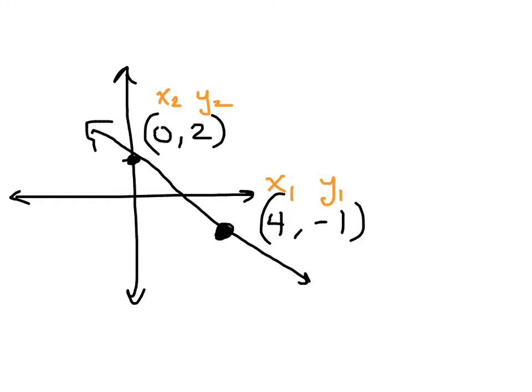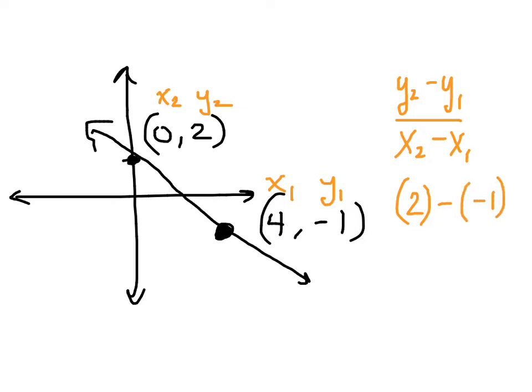So according to my formula, it was saying y2 minus y1 over x2 minus x1. y2, according to Miss Alyssa, she put a 2 in for y2. Minus y1, which is negative 1. Over, what's the second x then? Which one do we have as x2? 0. 0. Minus